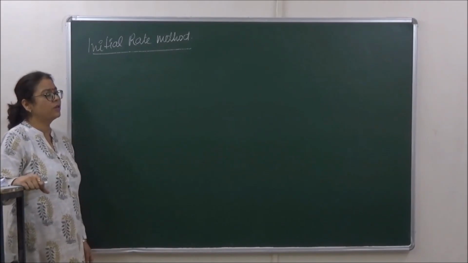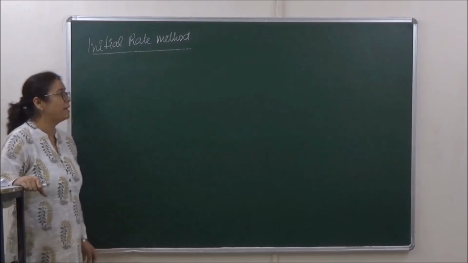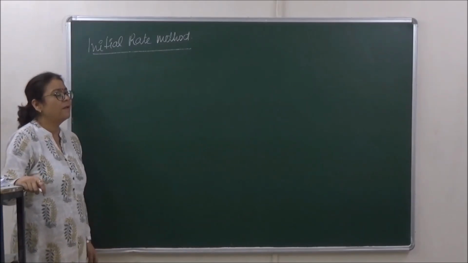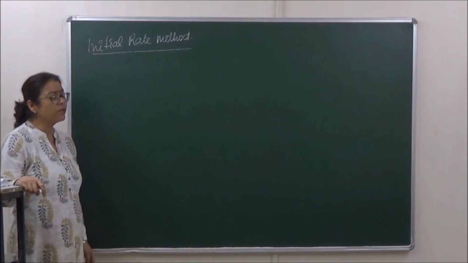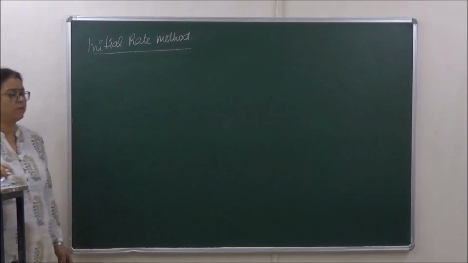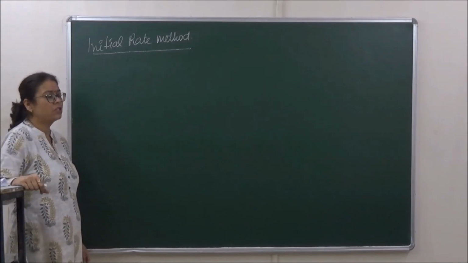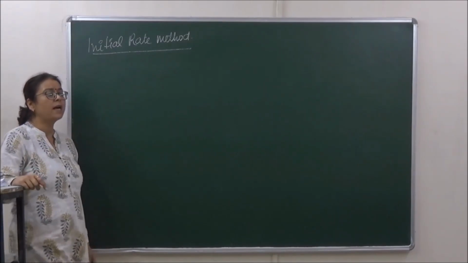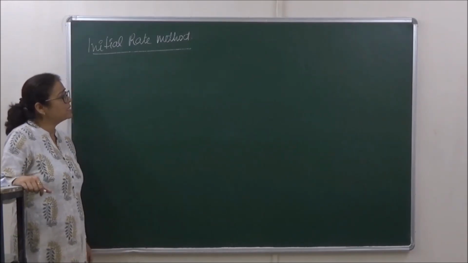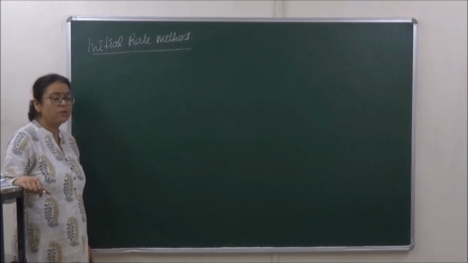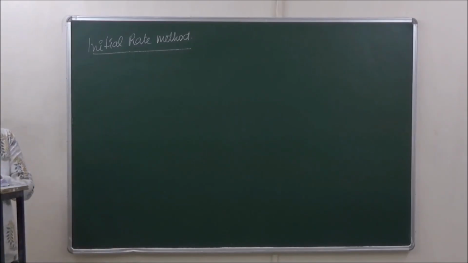In the initial rate method, this is again totally experimental data, an experimentally verified method. For that, we take the ratios of rates at different times. In this method, the order of the reaction is determined according to the data of the rate and the concentrations given. Clear? So this is a very easy and accurate method to calculate the order of the reaction. We will explain it with the help of an example.